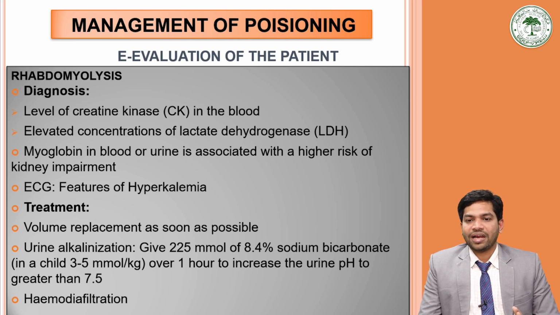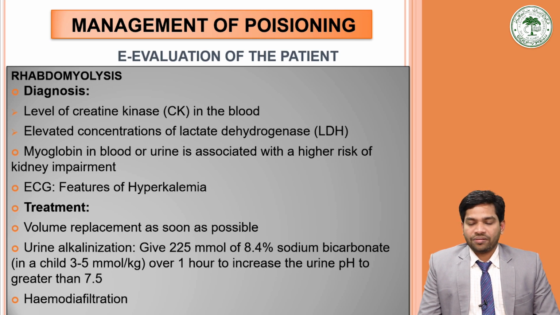Elevated concentration of lactate dehydrogenase may be detected. Other markers of muscle damage, such as aldolase, troponin, carbonic anhydrase type 3, and fatty acid binding proteins, are mainly used in chronic muscle diseases. Electrocardiograph may show whether the elevated potassium levels are affecting the conduction system of the heart, as suggested by the presence of T-wave changes or broadening of the QRS complex, that we already saw in the last class.